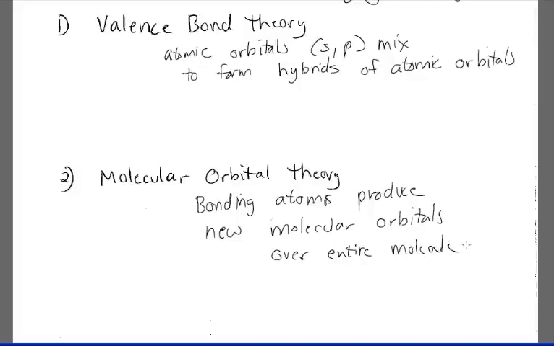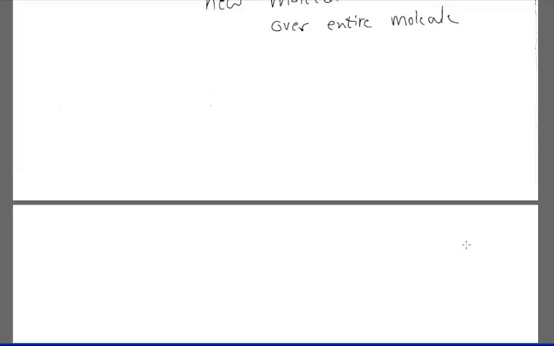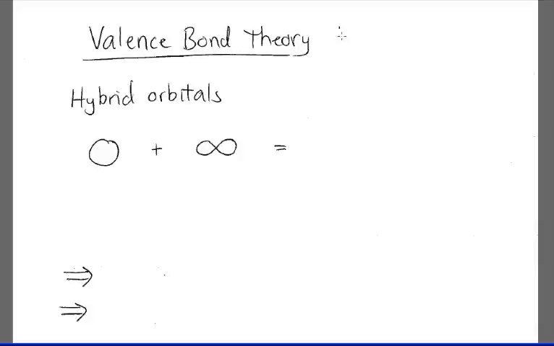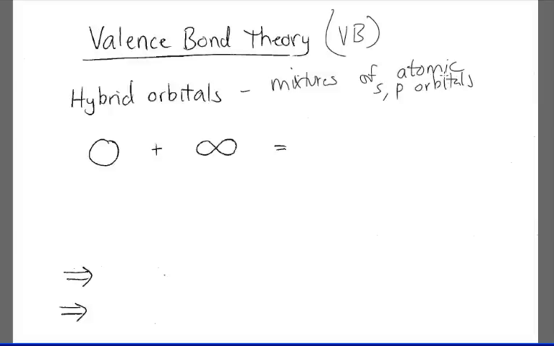Okay, again, we'll talk about valence bond theory in this video. Valence bond theory is also known as VB theory. And again, it's hybrid orbitals, which are mixtures of atomic orbitals. So we're going to talk about mixing first an s with a p, an s orbital with a p, and an s orbital has one orbital. We're talking about a single p orbital. There are three, but we're talking about just one of them. Okay, so these are the atomic orbitals,